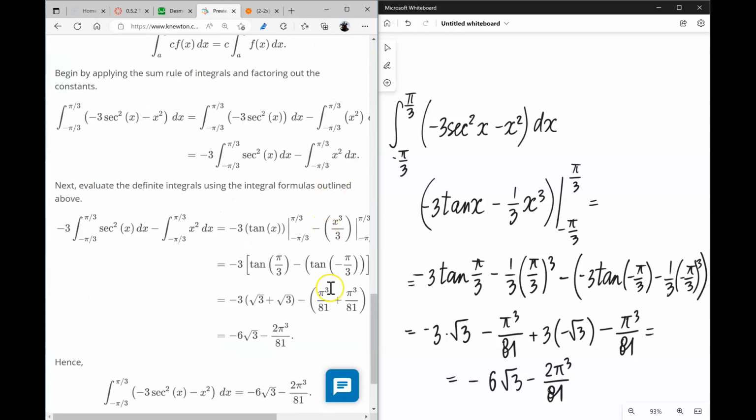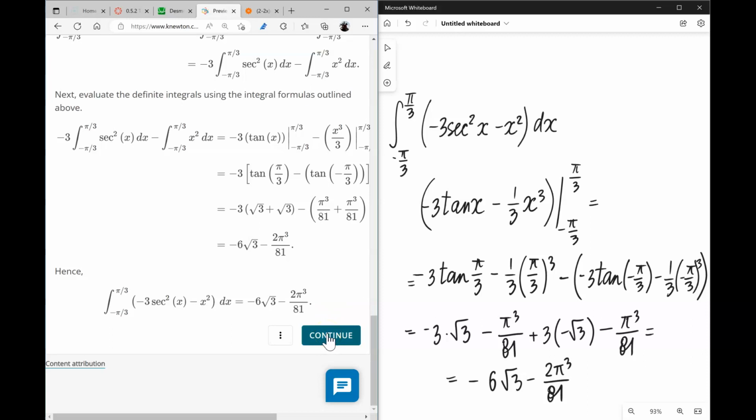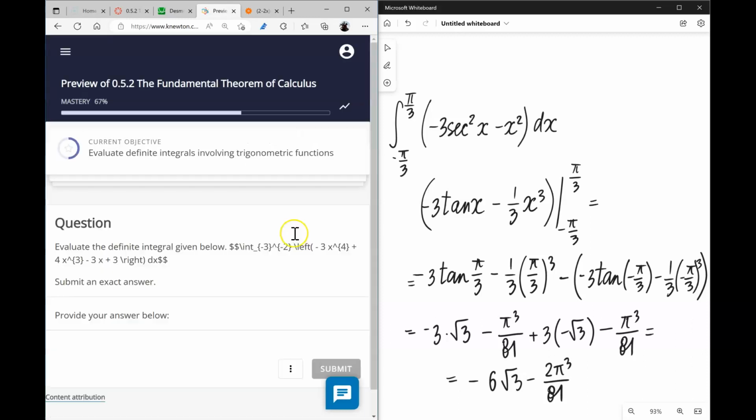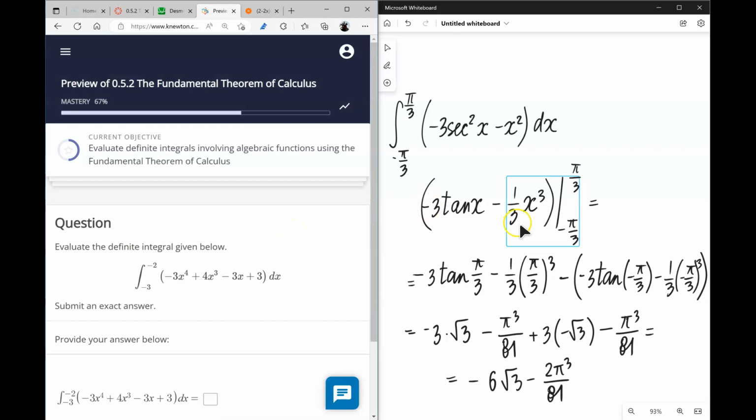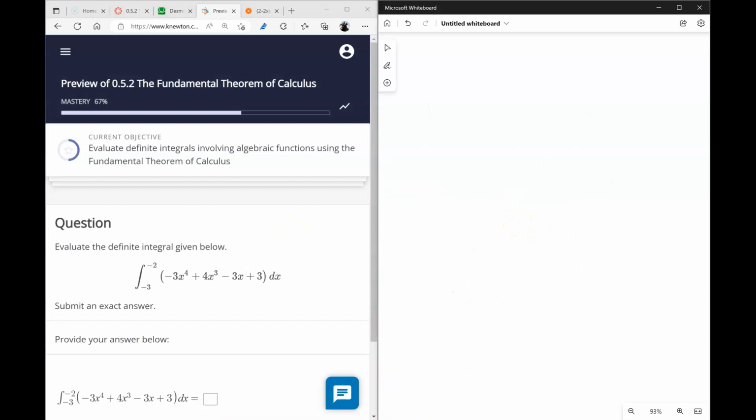All right, 2/3 done. Let's find the antiderivative first. Negative 3/5 x to the power 5 plus x to the power 4 minus 3/2 x squared plus 3x, and we evaluate it at negative 3 and negative 2. So first plug in negative 2,